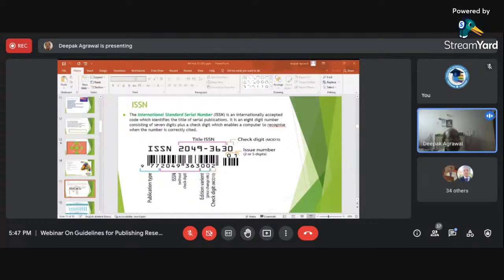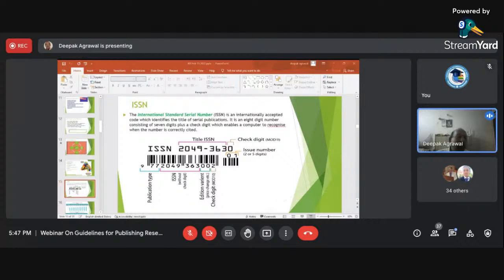Second comes the ISBN, which stands for International Standard Book Number. As per the 2019 guidelines, it now consists of 13 digits. This is how they have classified these numbers, and you can check the digit to validate the number. The headquarters of ISBN is maintained in the UK. This is the website where you can access it.